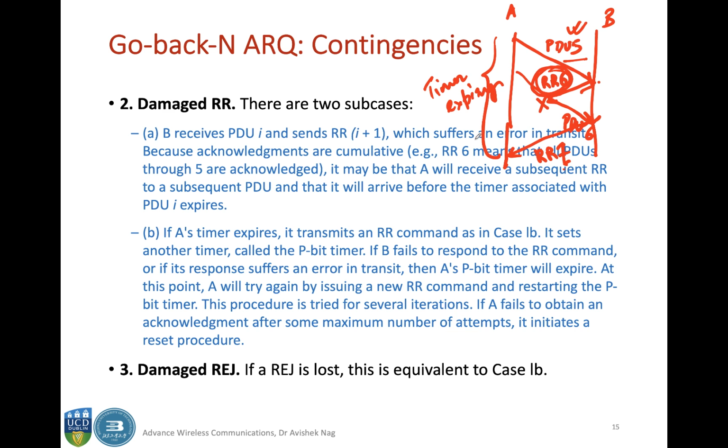So there is no damage done here for this subcase A. For subcase B, let's say A's timer expires and it transmits an RR command, same as case 1B, so it sends an RR command with a P bit, and that P bit is set to 1, and if B fails to respond to the RR command, or if its response suffers an error in transit, then